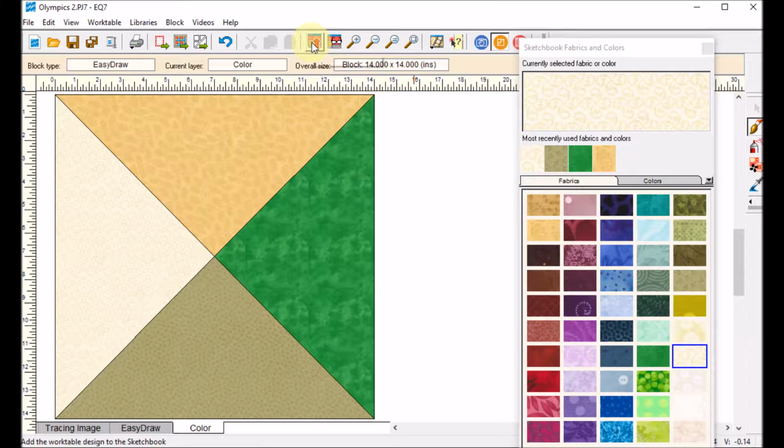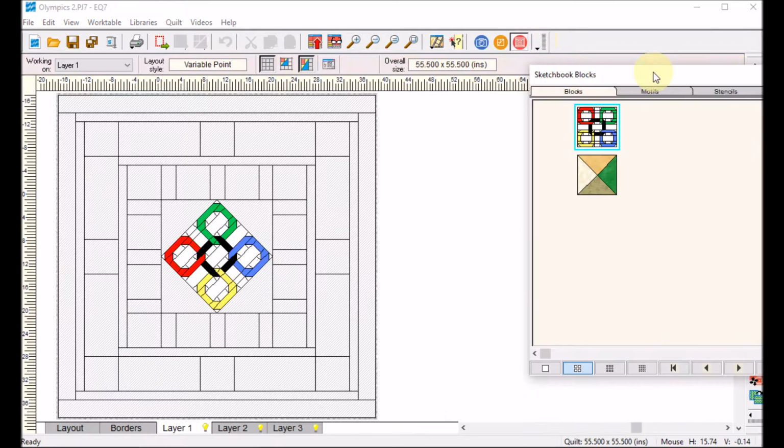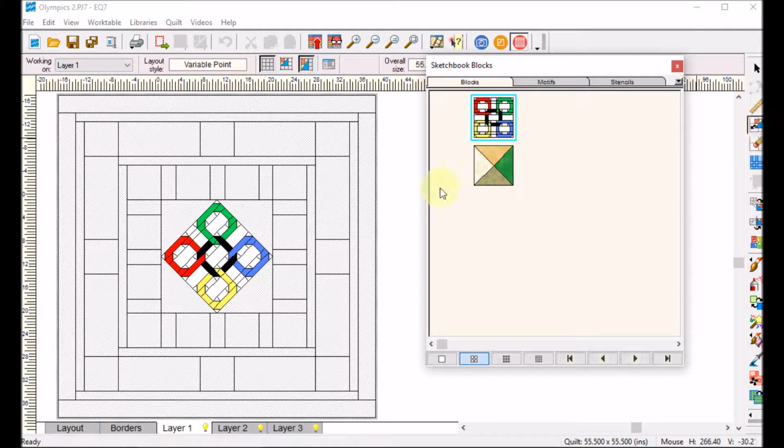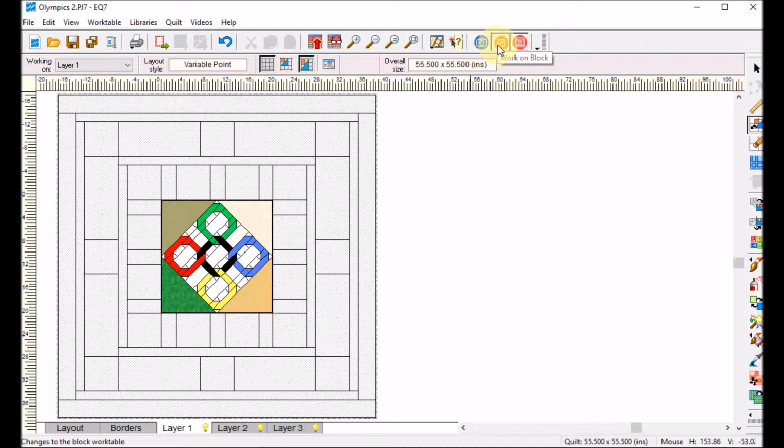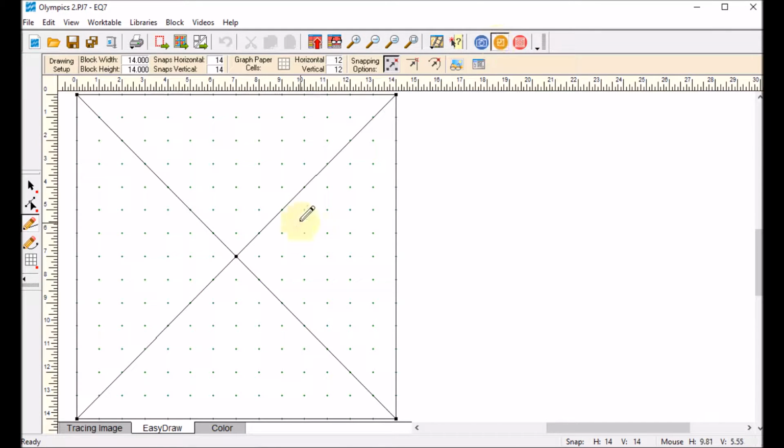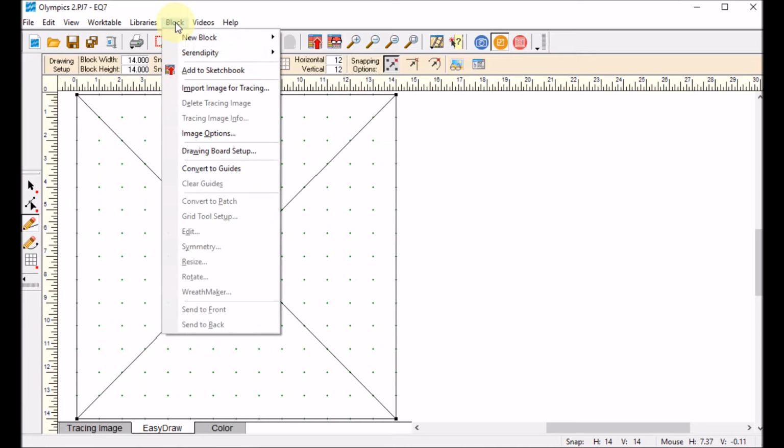And I'm going to add that to the sketchbook, and now I'm going to go back to work on quilt. And when I use the set block and use that quarter square triangle, notice that basically only 1/4 appears. So when I design my quilt, I need to design it so that it fits into just 1/4 of the block. So I'm going to go back to work on block, and I'm going to create a new block,